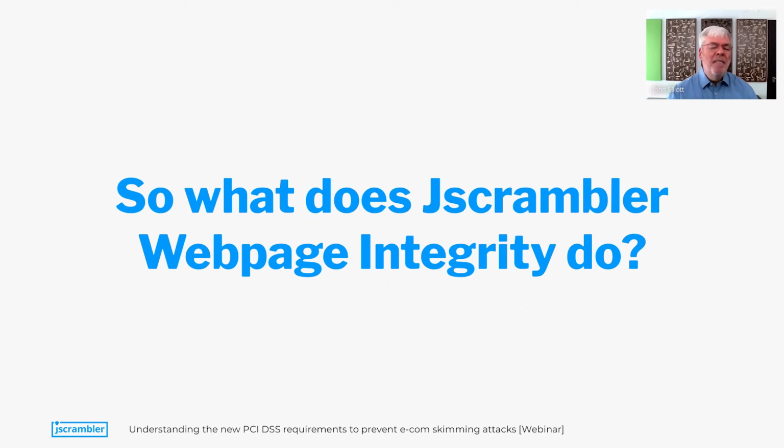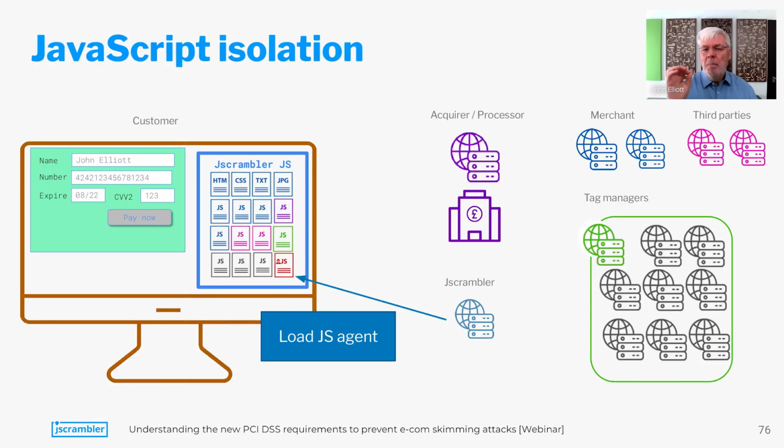Okay, having discovered the problem and the PCI DSS requirements designed to address the problem, I now briefly want to talk about what Jscrambler's web page integrity does. Web page integrity is powered by a JavaScript agent. That's the first agent that needs to be loaded into the consumer browser. That agent is protected by patented technology that's been used by Jscrambler and many of our customers, including banks, for